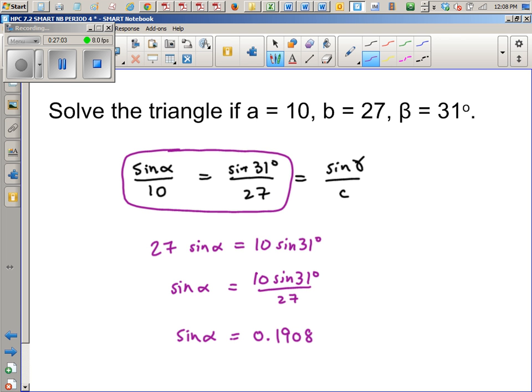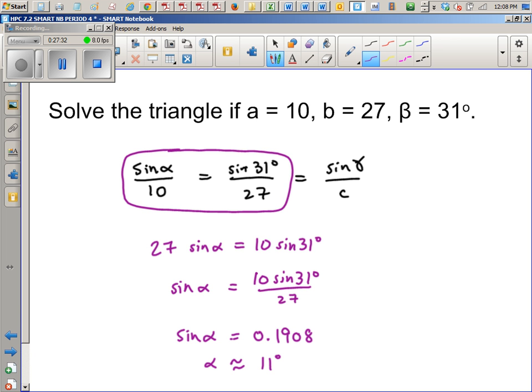How do you get alpha? What button do you use? The inverse sine button, correct? Well, solve will give you multiple answers on this problem. So alpha, your calculator will say, is 11 degrees. I tried to round it to the nearest tenth, and it was 10.9968. So that's 11 degrees. And the thing about this is there's another possible answer,